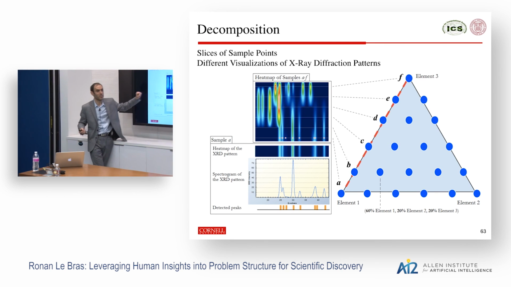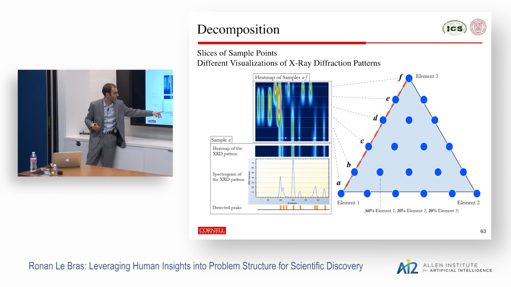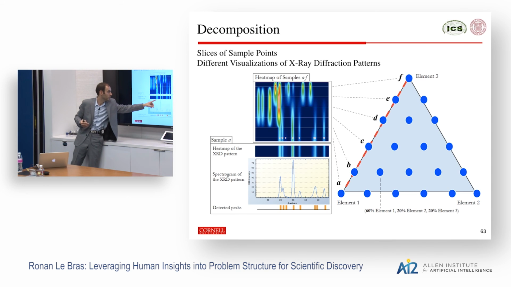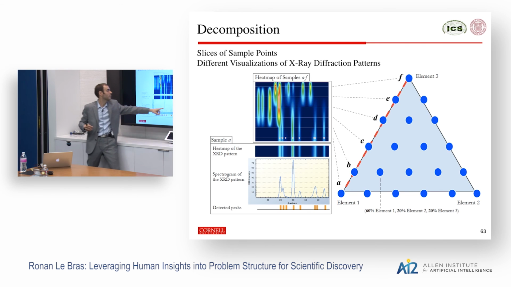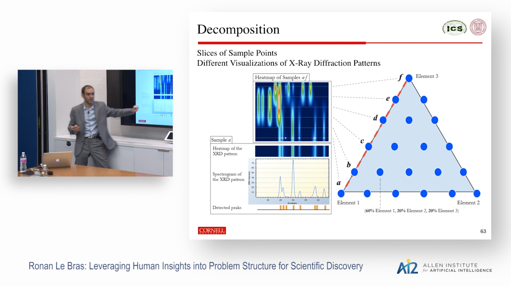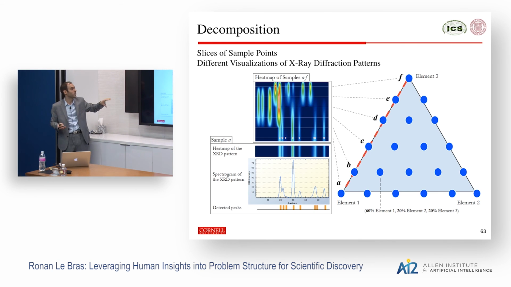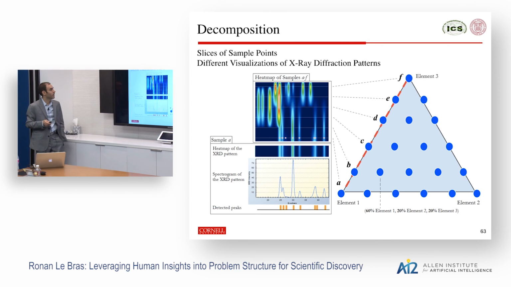This kind of spectrogram representation here. This is stacking up an X-ray diffraction pattern like this, where you convert it into a color-coded map, where you see all the different peaks here. And now you can stack them up, where you stack the X-ray diffraction for these 6 different points, and you get this heat map that represents the X-ray diffraction patterns for these 6 points on that slice. And now